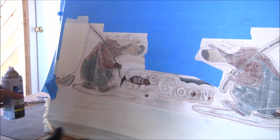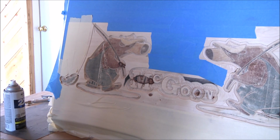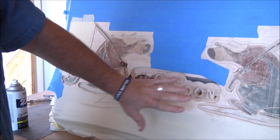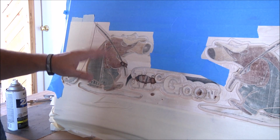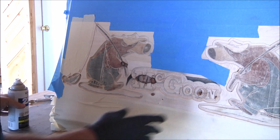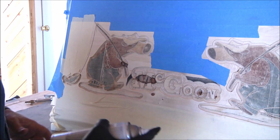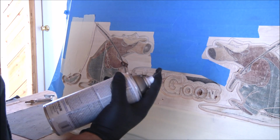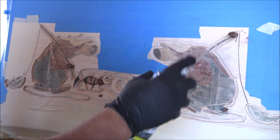Anyway, that's kind of redundant to most everybody that's watching, but I've masked off, being as we want this all natural wood on the edges, and I want to minimize my sanding as much as possible. We took a few minutes. Vicki likes to mask off, so I let her take over on the masking. She likes to do that. Anyway, so we're just going to spray